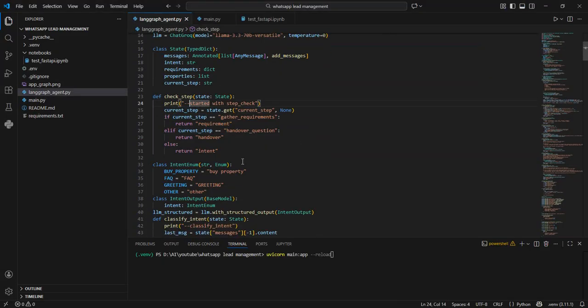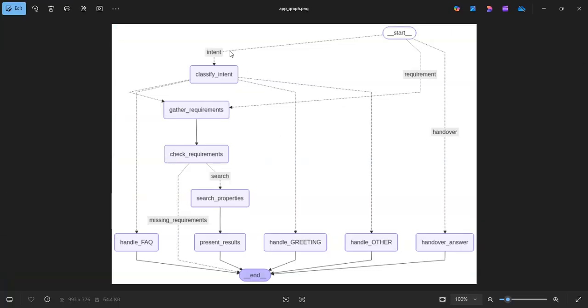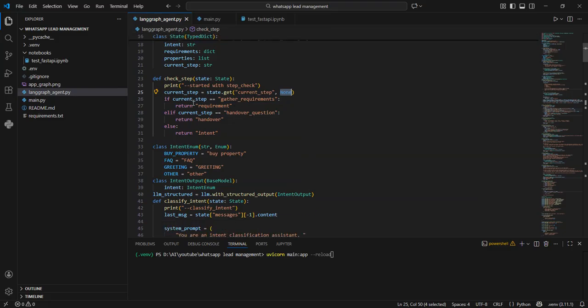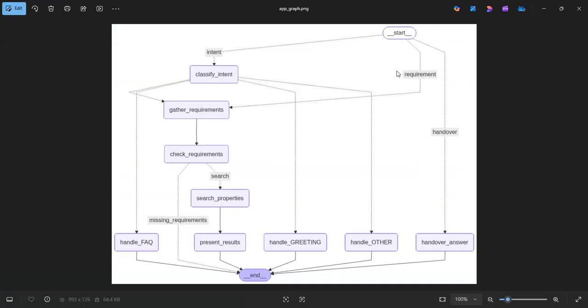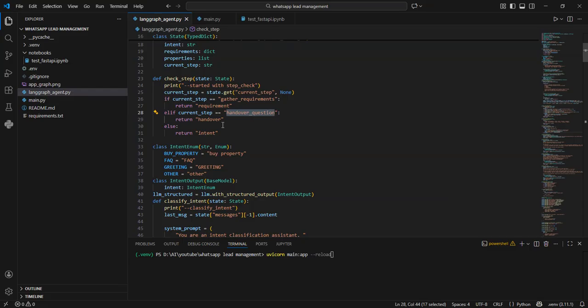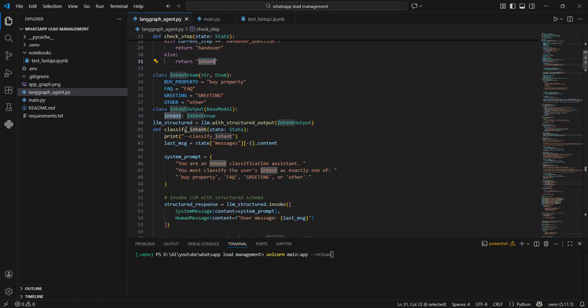Now this is a router where we check what is the current step. If we get a value from the state for the current step, then that will be assigned. Otherwise, it will always be none. In case of none, it will always go to this one, which I will show you later. If it is gather requirements, then it should go to return requirement, as you can see here. If it is handover question, then it should go to handover. And in all other cases, it should go to intent. Basically, in case of none also, it will go to intent. So next is the classify intent